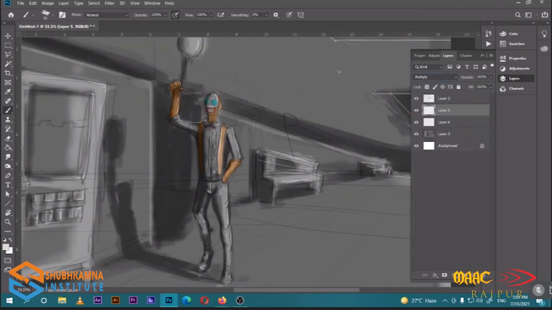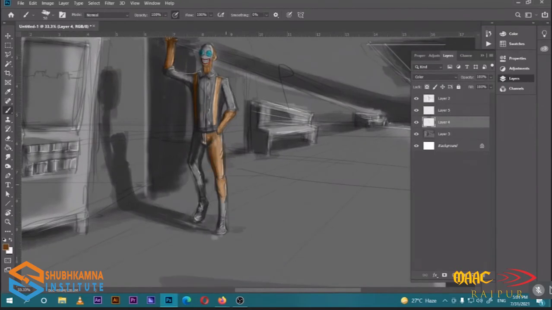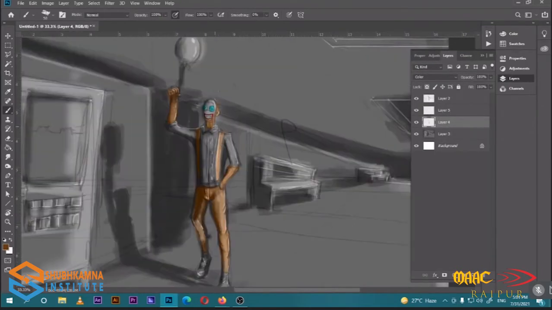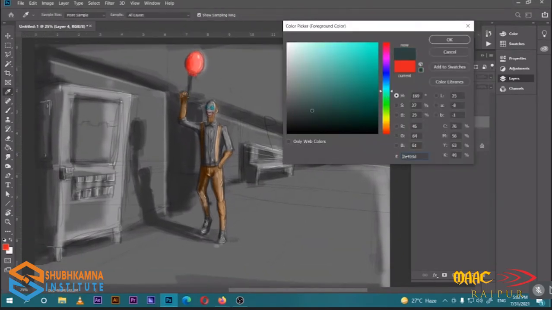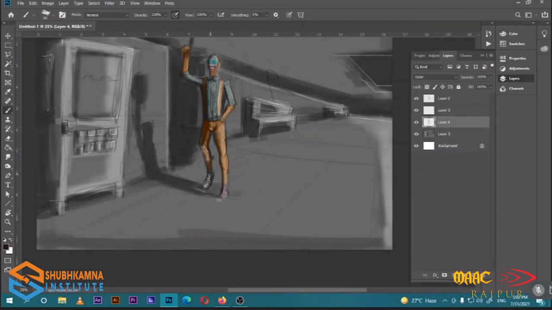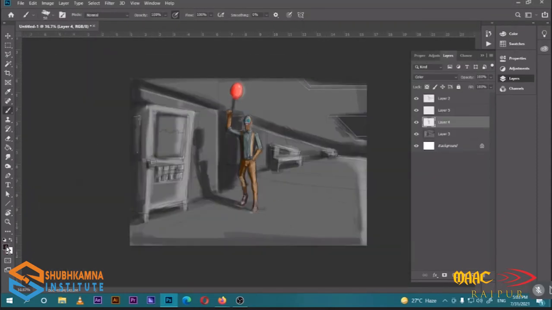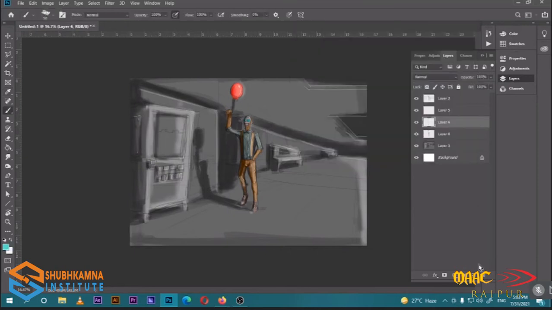For this one, we can go for multiply. Now for the vending machine, let's just add another layer.